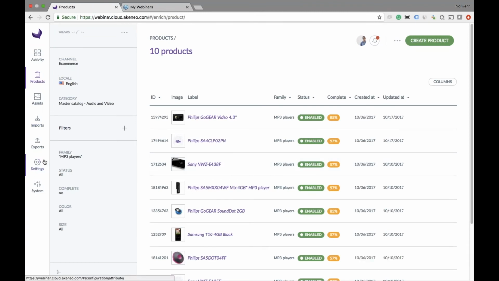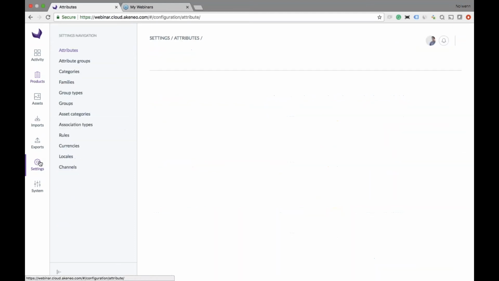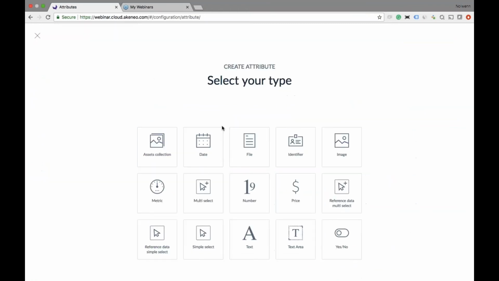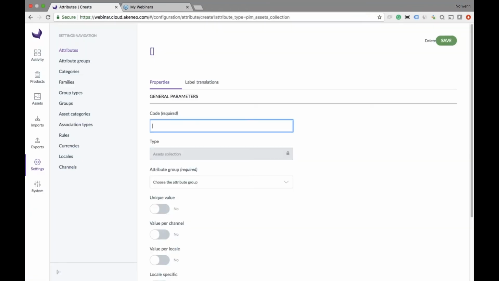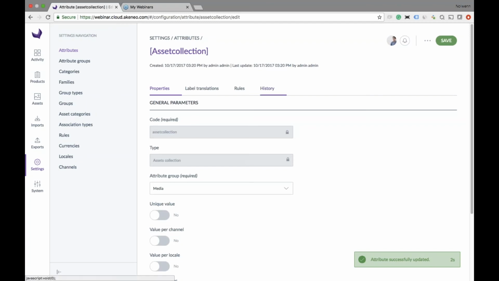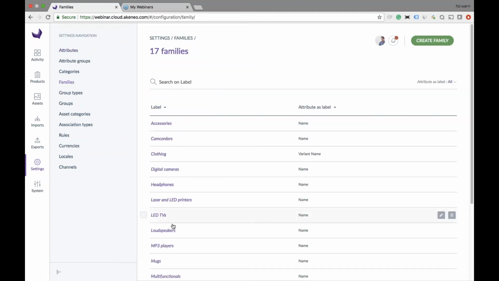Regarding the settings screens, we also display new icons on the attribute creation screens. For example, let's create an attribute type asset collection, in the attribute group media, and if we have a look at the family, on MP3,